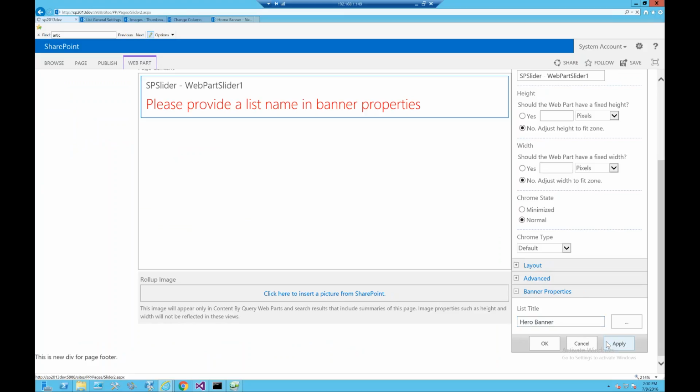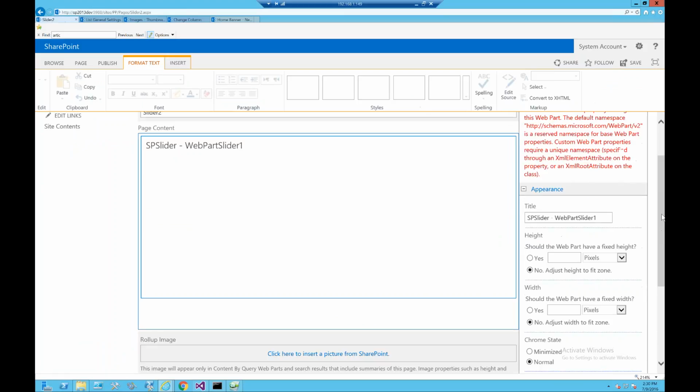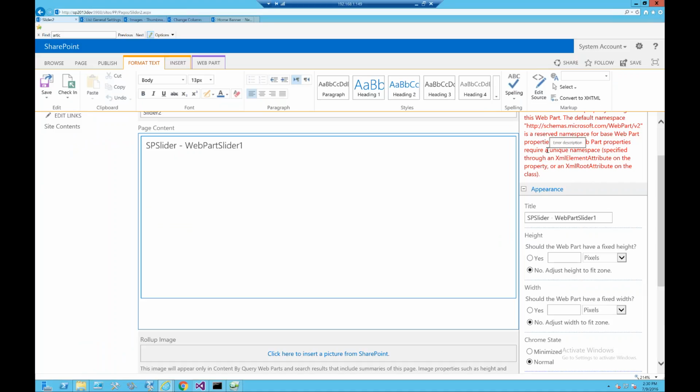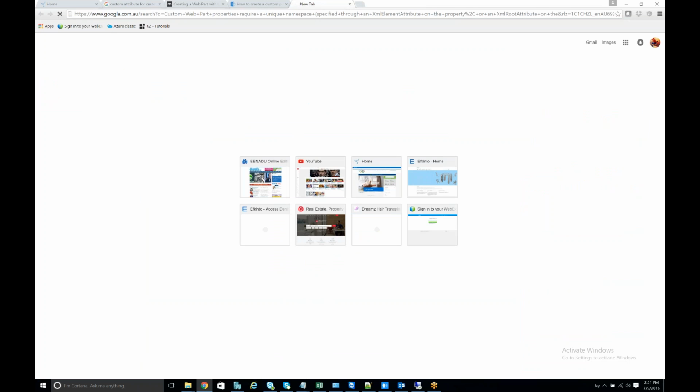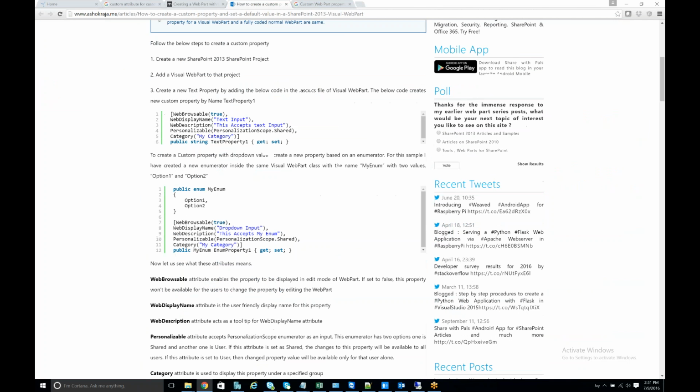Right, hero banner, and last time it got an error. Custom web part requires a unique space through an XML. I don't remember this saying like this. Let me go to the people, what they did. Exactly this one we have here, web display name, category we have, personalized we have, but